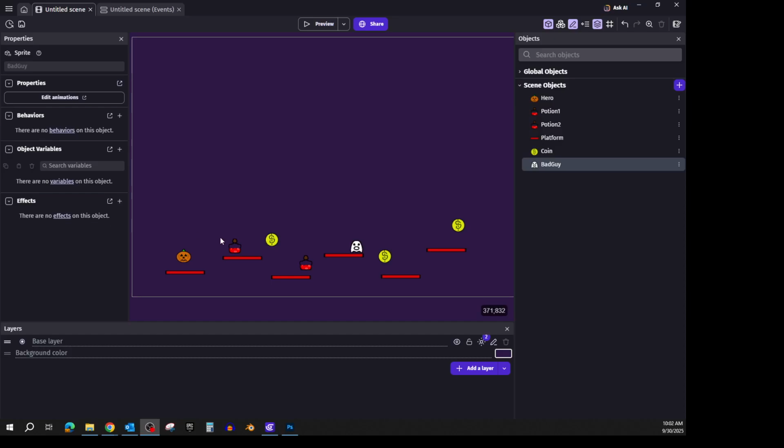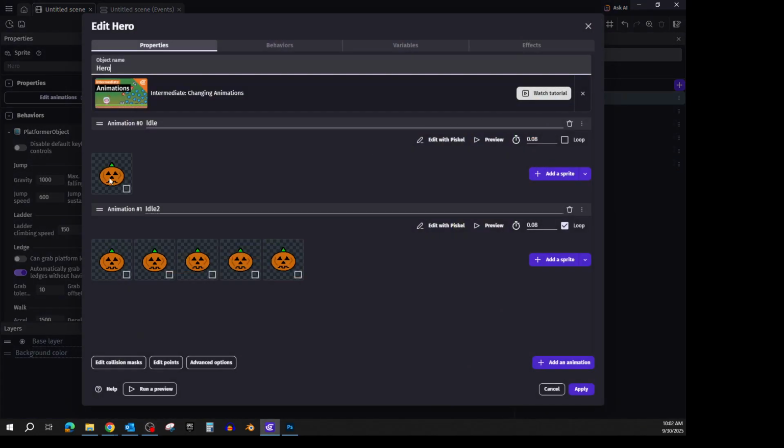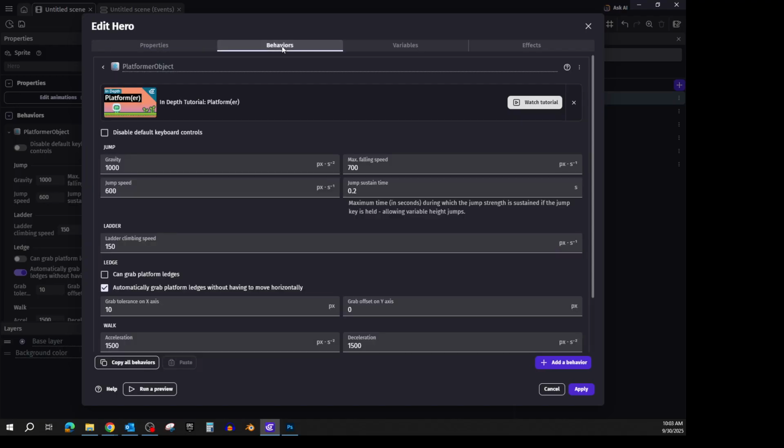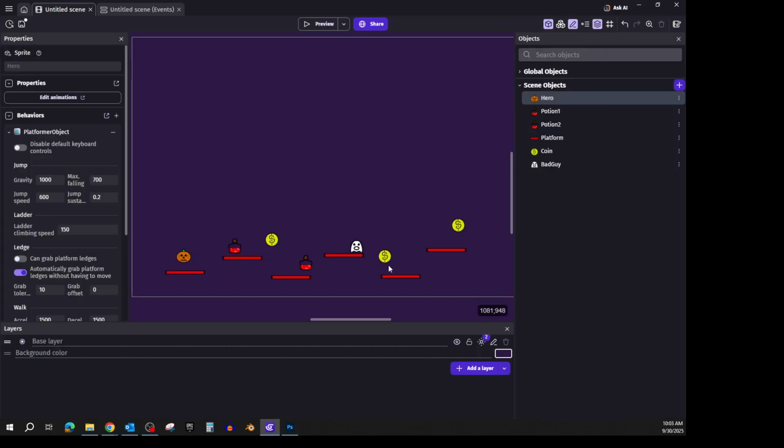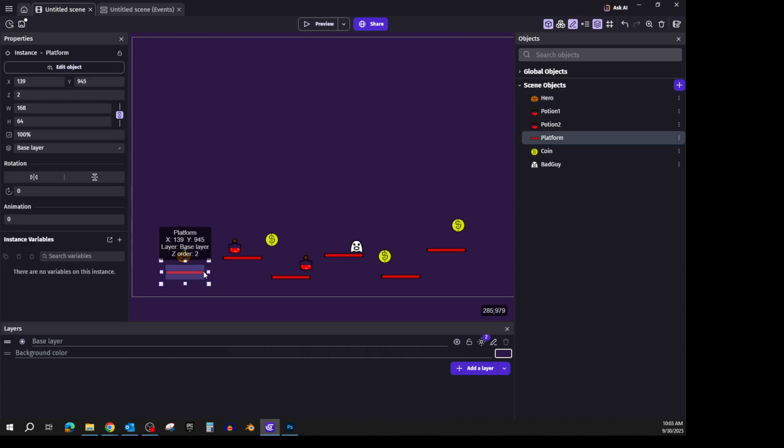All right, so previously on Pumpkin Run, we created a hero. Within our hero, we had an idle animation and we had an idle 2 animation. And this one, he bounced a little bit. And we selected loop so that it would continuously do the little bounce. On this sprite, we added the behavior of platformer object so that the character could run around and jump and all that fun stuff. We created a platform,